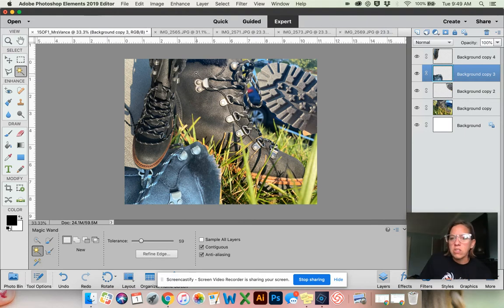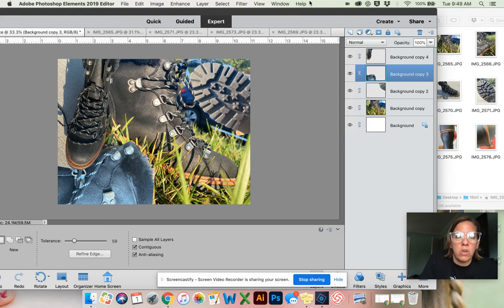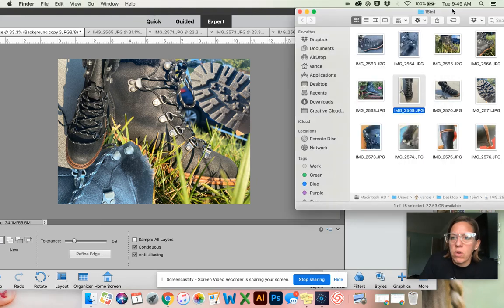All right, so it's starting to look like this collage is kind of legit. Okay, it's looking kind of cool. It's looking interesting. I'm seeing all different parts of my shoe. So now I might be ready to come in and add some more images, throw something else in there that I might like. So I'm going to grab,